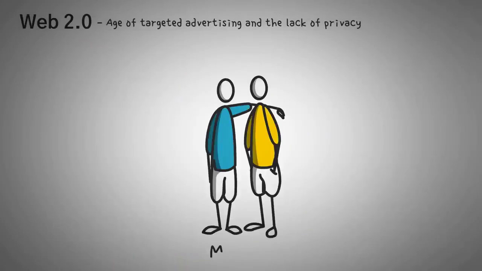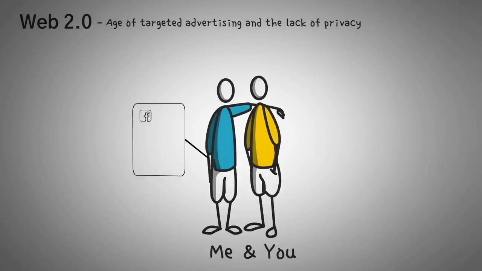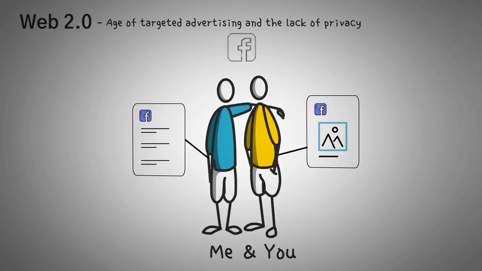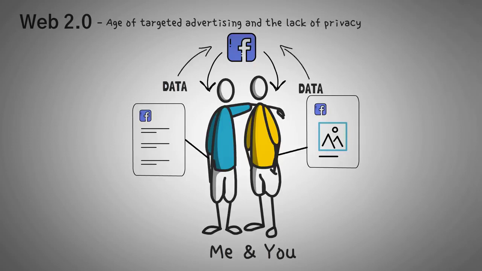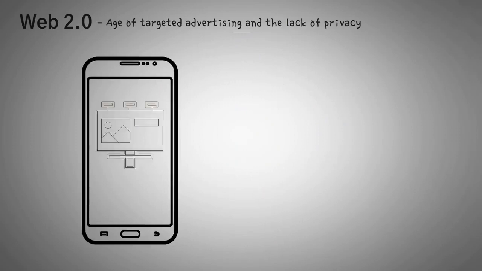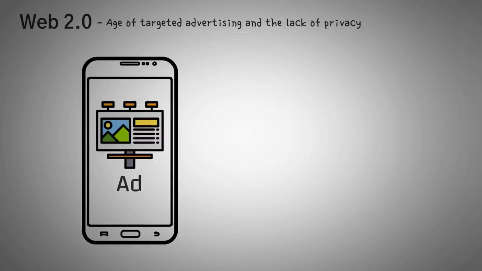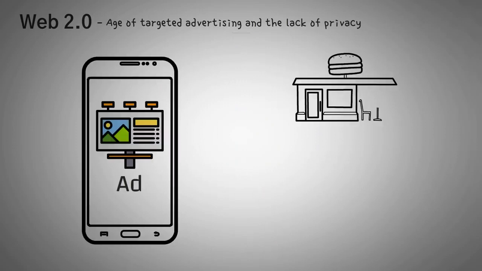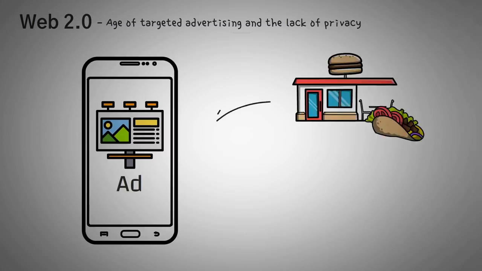In Web 2.0, me and you could both view Facebook.com and see two very different news feeds because the page depended on who was viewing it, which is an important note for a difference in Web 3 that we'll talk about in a minute. The content on your feed is the company sorting data by information that you know that you gave them, like likes and how much you watched a video. But if you look at the ads that they show you, that is them sorting data by information you didn't know you give them.